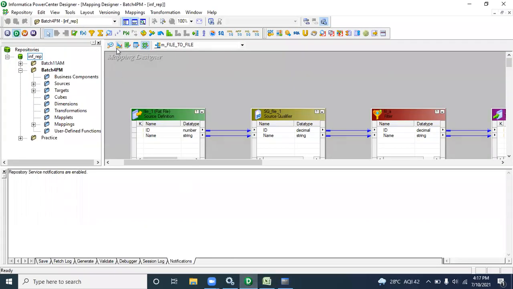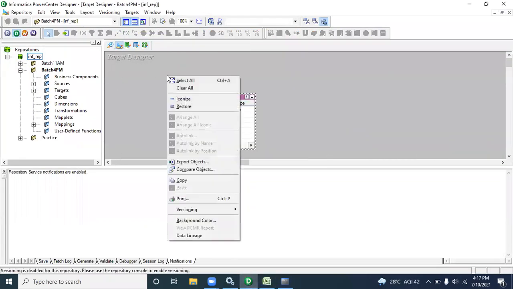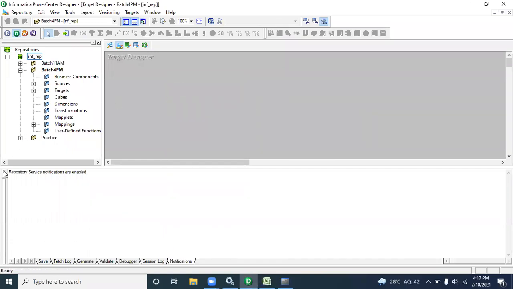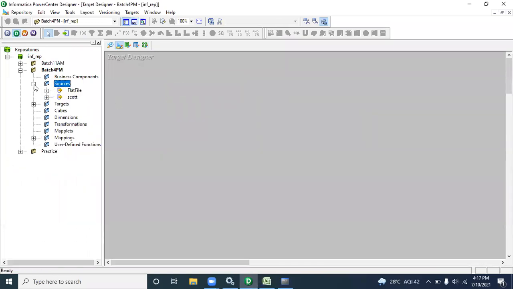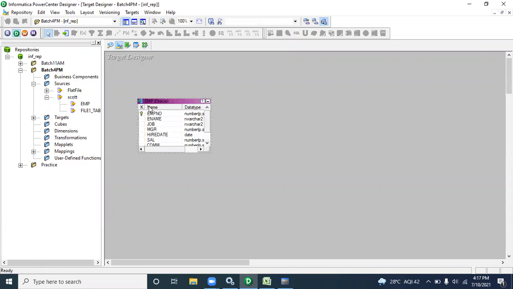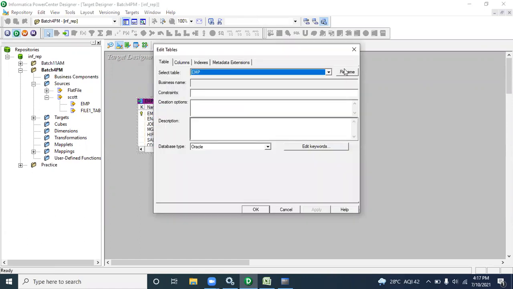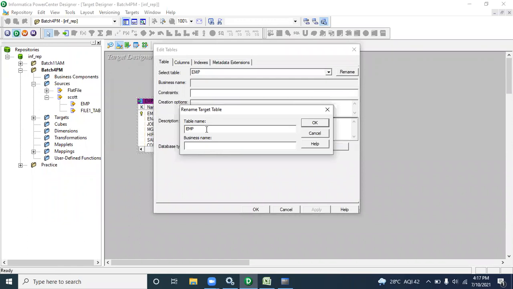Go to Informatica. I want to create one target table. Go to the source, then drag and drop it to the target. Now the target will be created, but double click it, I need to rename the table. For practice purposes, this is the best way.